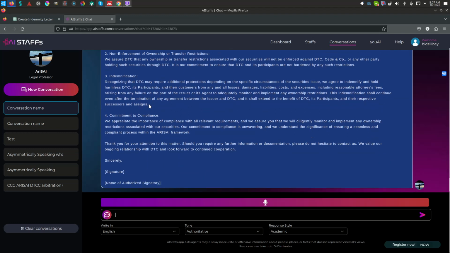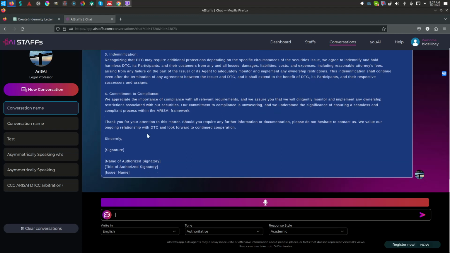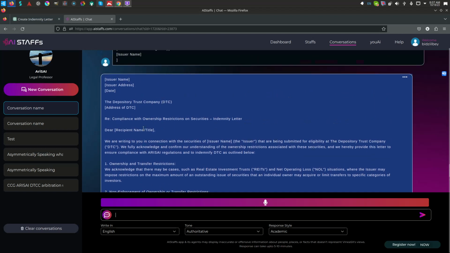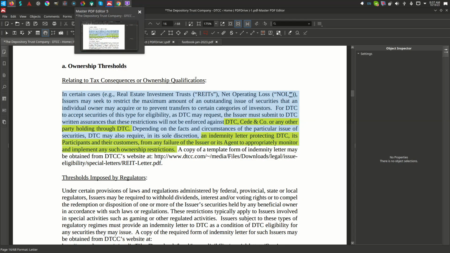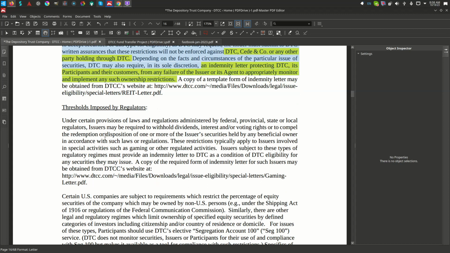And based upon the information that I was prompted and given, I think this version would serve as a pretty good indemnity letter. So let's go back. All right. Now that we got the indemnity letter out of the way,